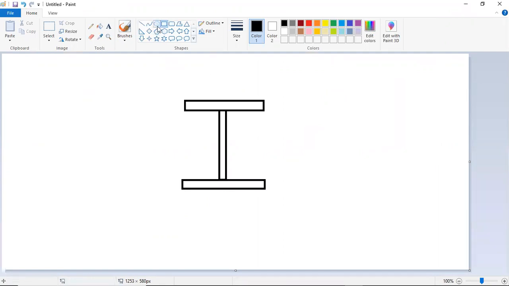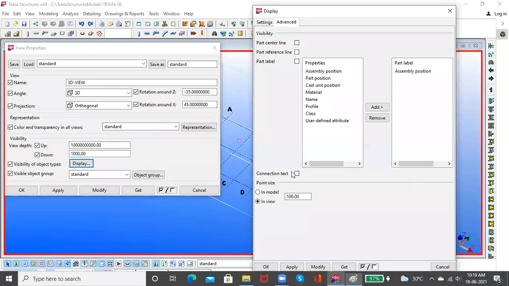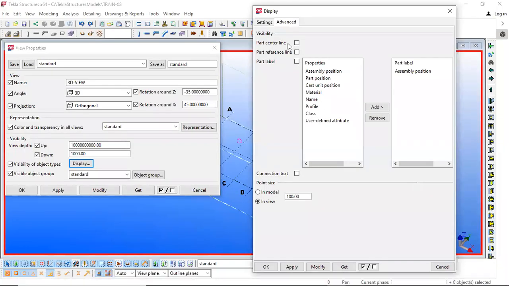My reference, sorry, center line will be here, at the geometric center. Okay, and the reference can be anywhere. Reference line can be as per the model. But the geometric center will be the center line. So this center line will be the geometric center. Reference line can be as per the user. Okay, it will be defined as per the user.